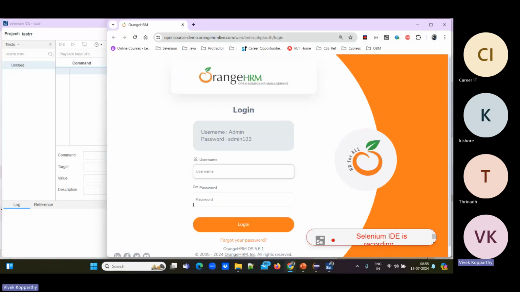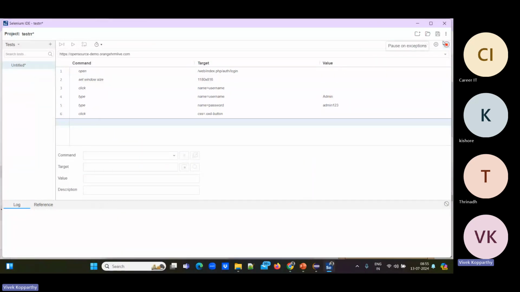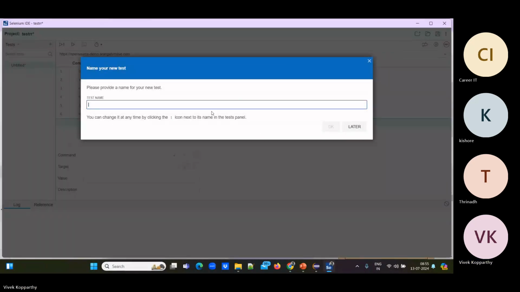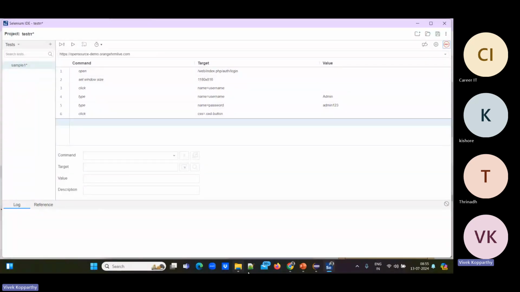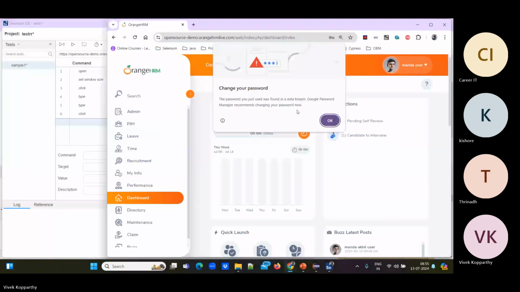Okay, it opened the URL, right? Here I'm entering the username. Here I'm entering the password. I'm just clicking on the login. Then go to your IDE, stop recording here, and give a test name. Let me log out here.